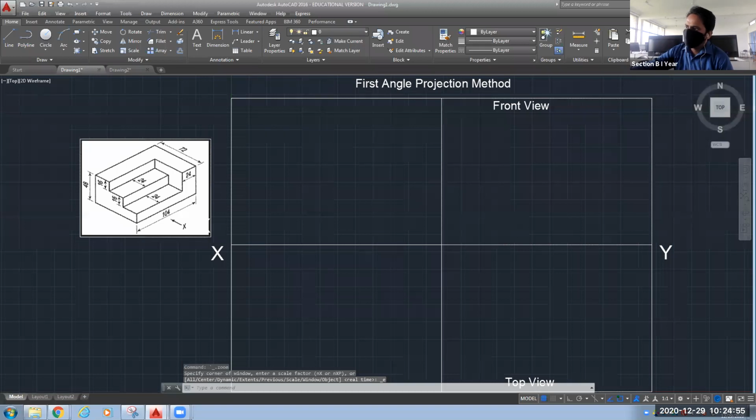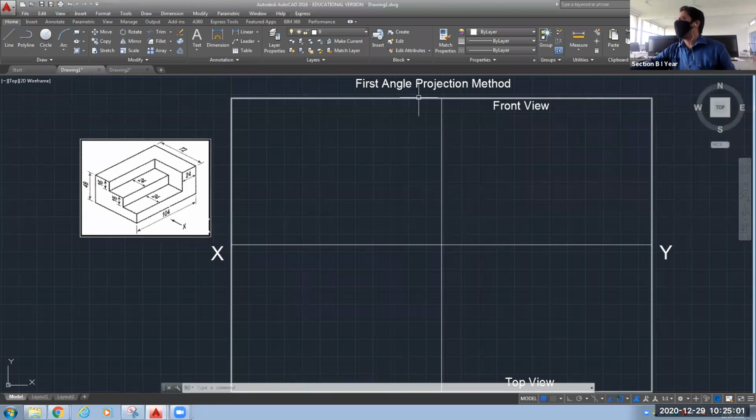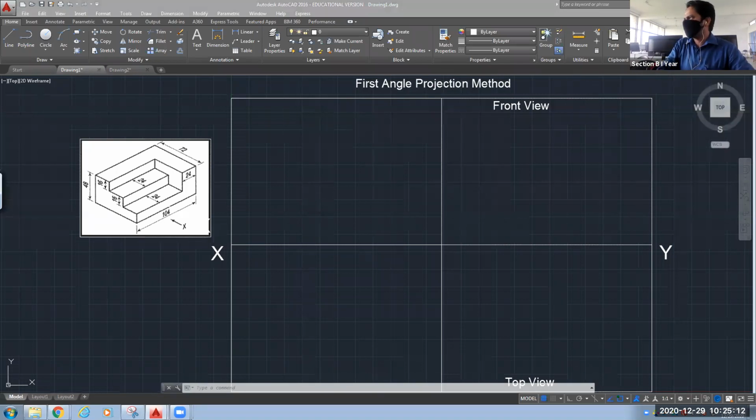So we have already discussed what surfaces will be visible in the front view. Once again, a fast discussion I will do. Let me show you using this annotation. Red in color, in front view, this face will be visible.